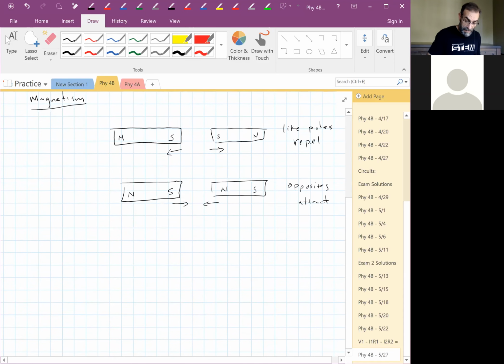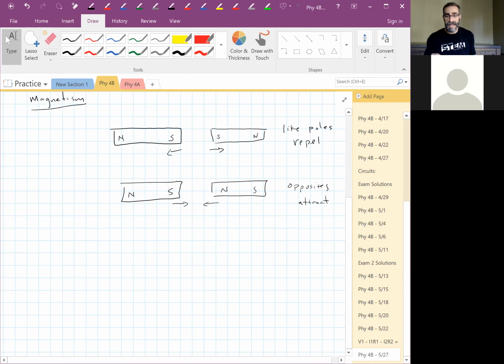And the interesting thing with magnets now, we've been talking about fields, electric fields, gravitational fields. Now we're going to talk about magnetic fields. And one of the interesting things with magnets is that we can all of a sudden, for the first time, get a visual of the fields. And the reason is that